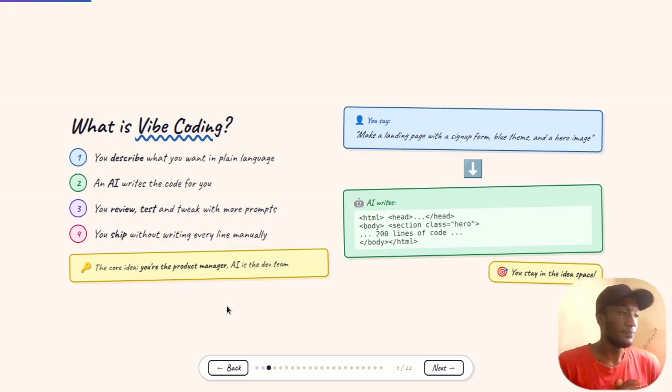So let's go in depth so that we can understand vibe coding, how it started, and what you can do with it. Vibe coding is where you describe what you want in plain language in any coding tool. The AI writes the code for you. You review the code and make sure it's what you wanted.